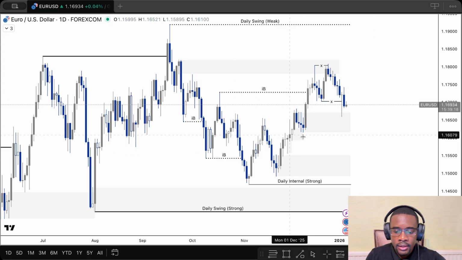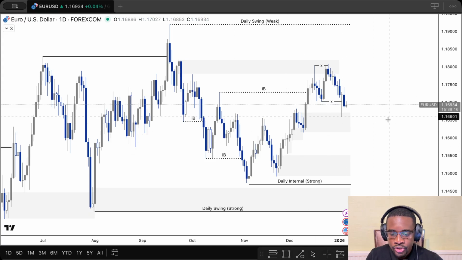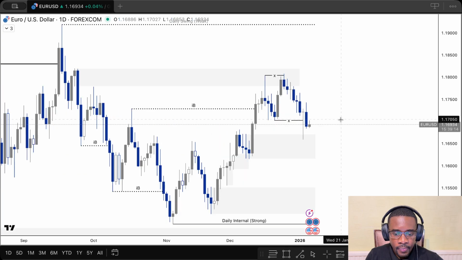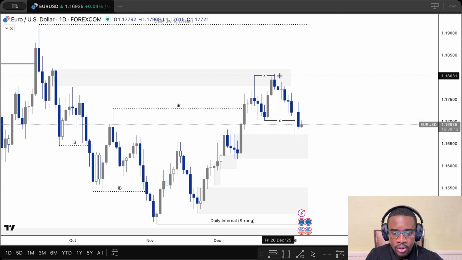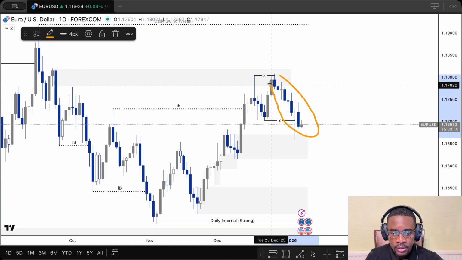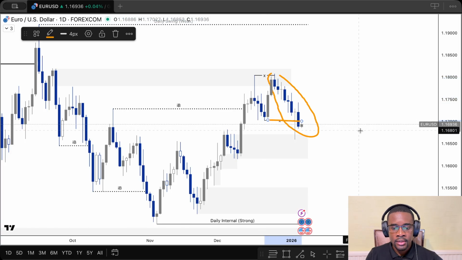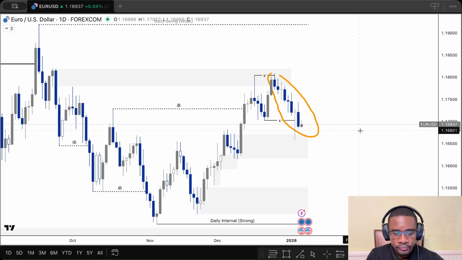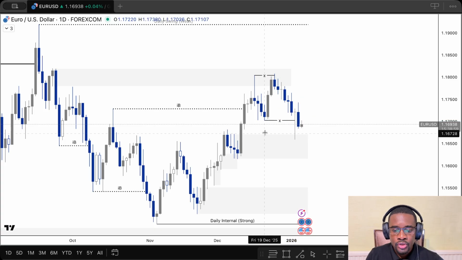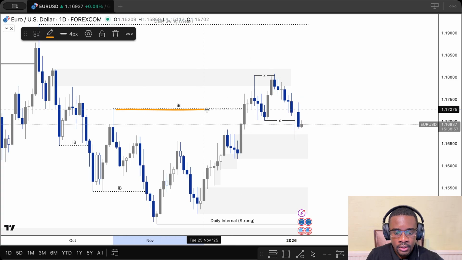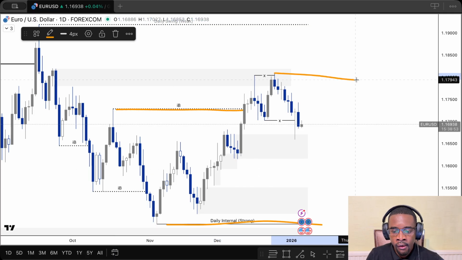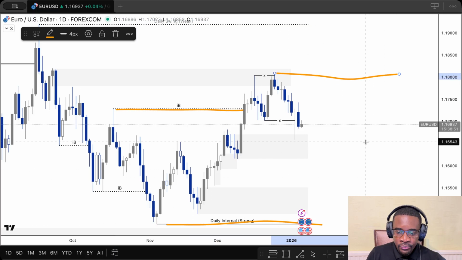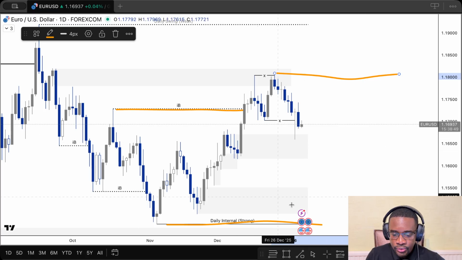So daily swing and internal are bullish. However, price is still correctively pulling back, and now we have had this structure break. If this is our internal structure range,